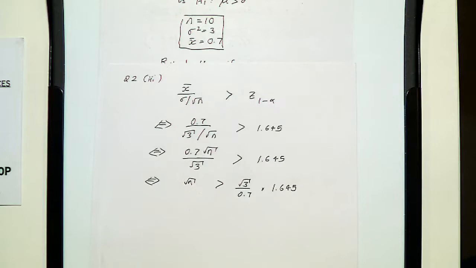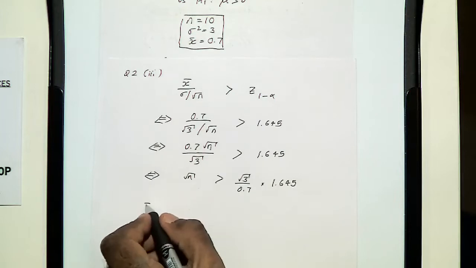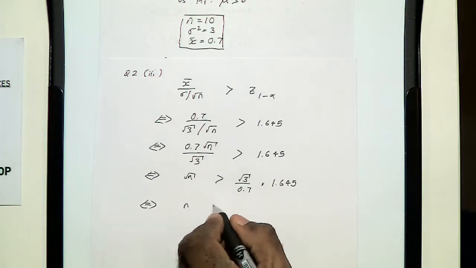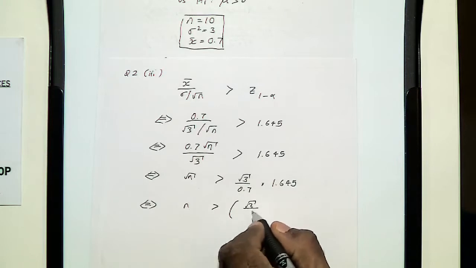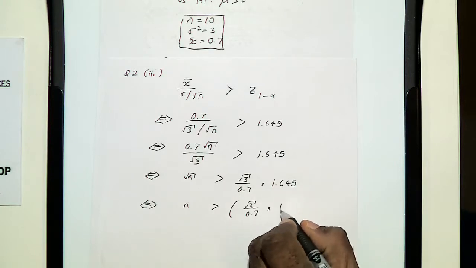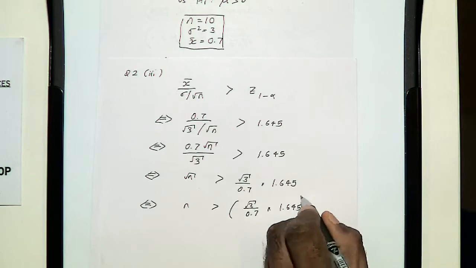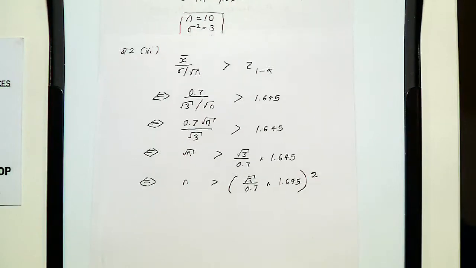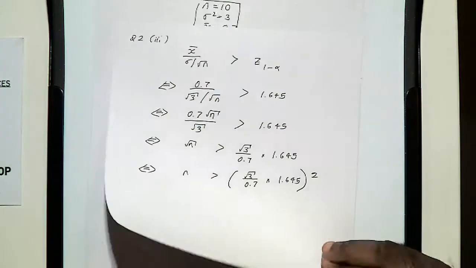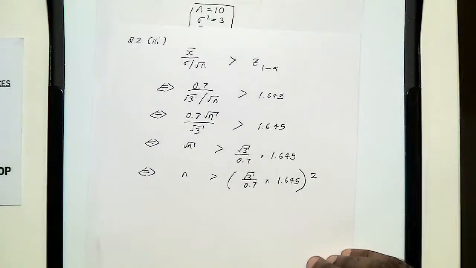Right? And this is the same as saying that root of n is greater than something, and if you square both sides, this will be n. Are you guys okay? Come on guys, listen to me please. So this is what you will get. And if you work this out, this will be equal to